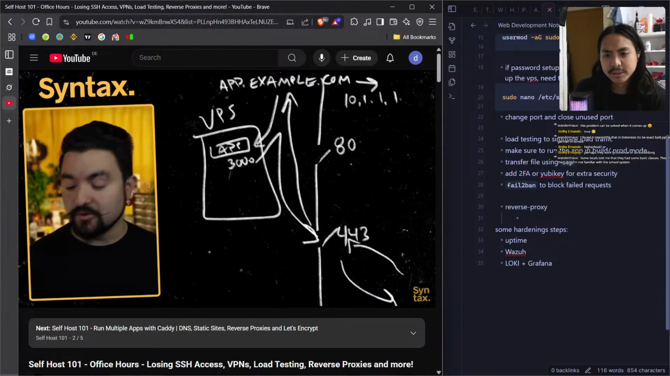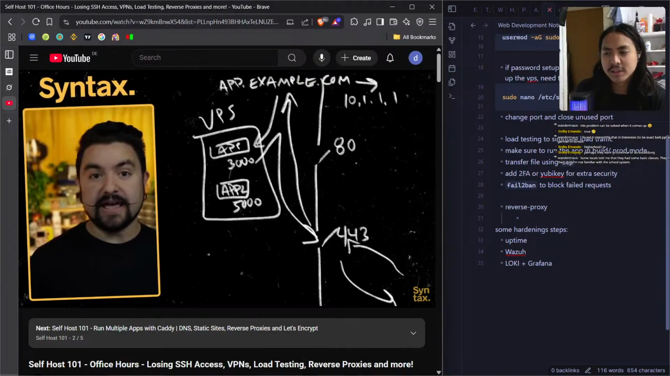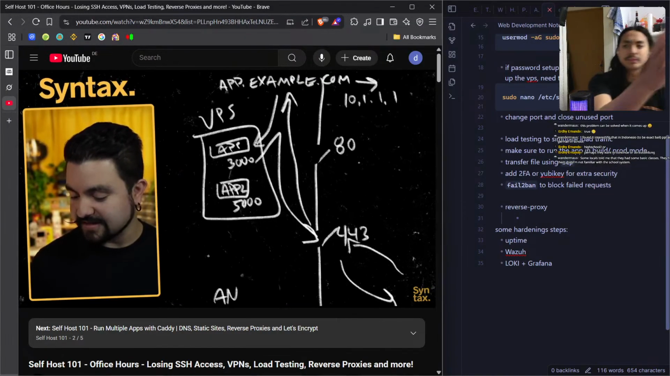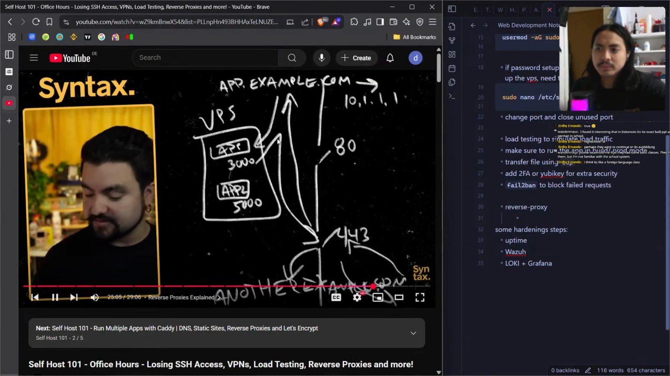And what's nice is you can actually set up multiple of these. So if you had another app running, let's call this app 2, and it's running on port 5000, you could have another domain, let's say another-example.com. And you set up the config that says when a request comes to another-example.com,